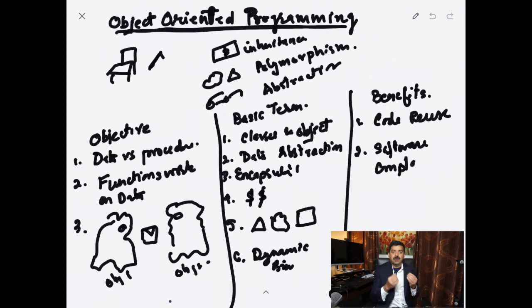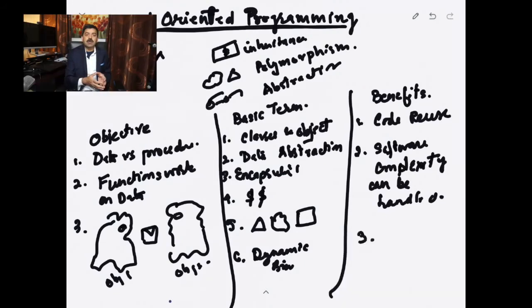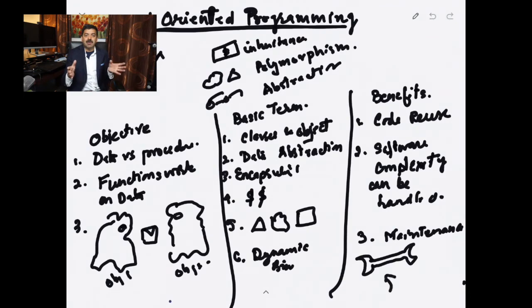We can communicate with our domain expert when we are talking about invoices, printing invoices, and billing. So it helps you discover your problem domain more easily. The third big benefit is maintenance. Since the code is centralized, all the code related to invoices is inside the invoice class, and chances are that if you make changes, they will be easy changes. The problem with procedure-based programming was that you made one change and ten things would break.